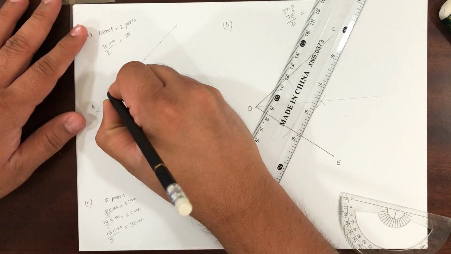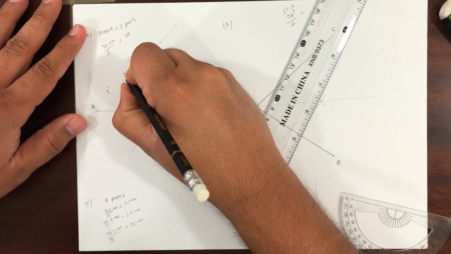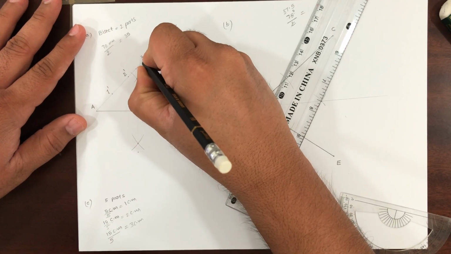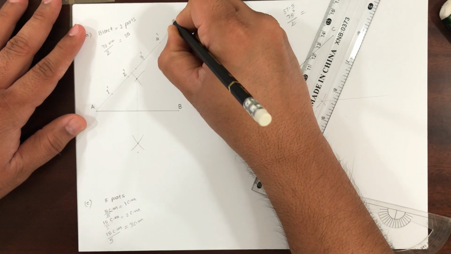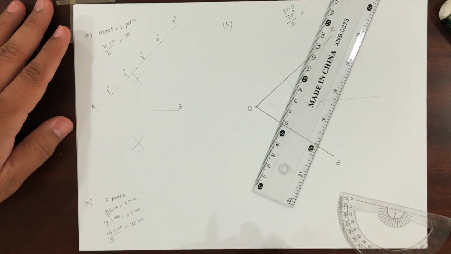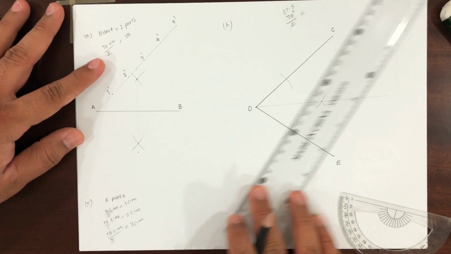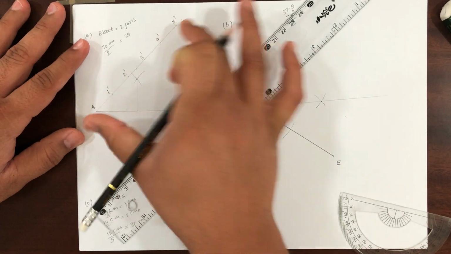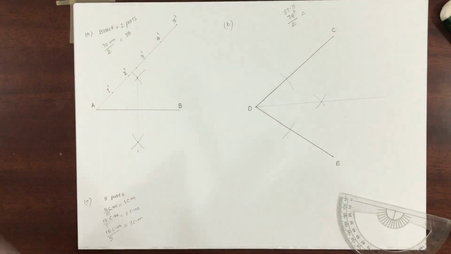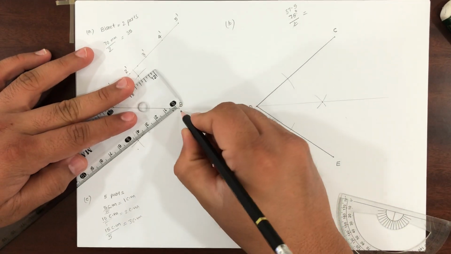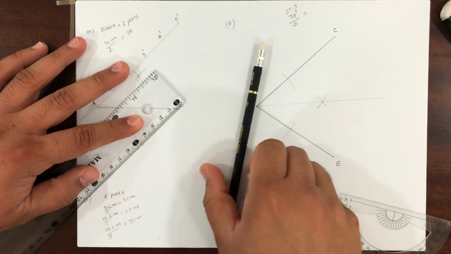Now I will make them 1 dash, 2 dash, 3 dash, 4 dash, 5 dash. Now what you have to do? Same thing, like this 10 centimeter you have to draw it here again. Keep the scale here, keep the 0 point here and join this 45 degrees.